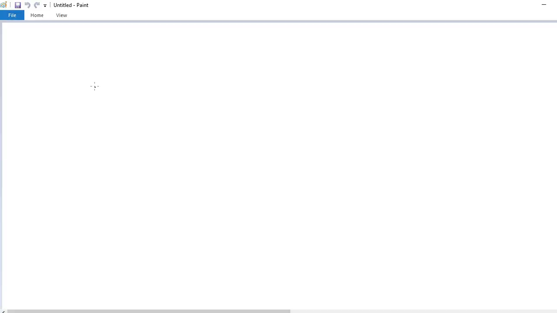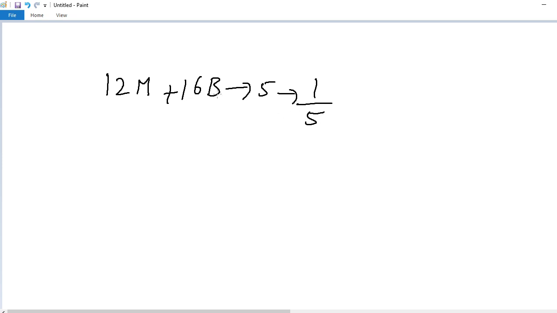In this problem, 12 men and 16 boys can do the work in 5 days. So 1 day work is 1 by 5. To complete the work within 1 day, how many people are required? Simple cross multiplication: 5 into 12, 60 men, plus 16 into 5, 80 boys are required to complete the work